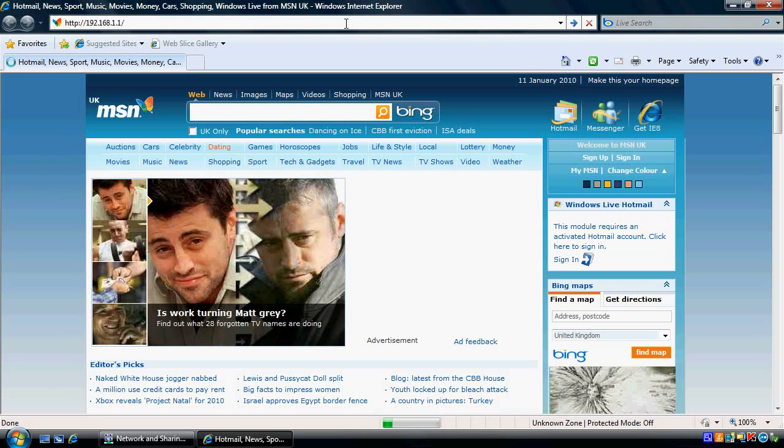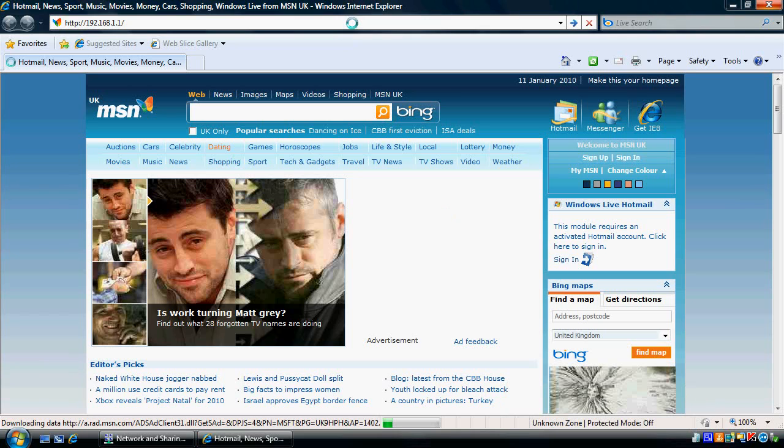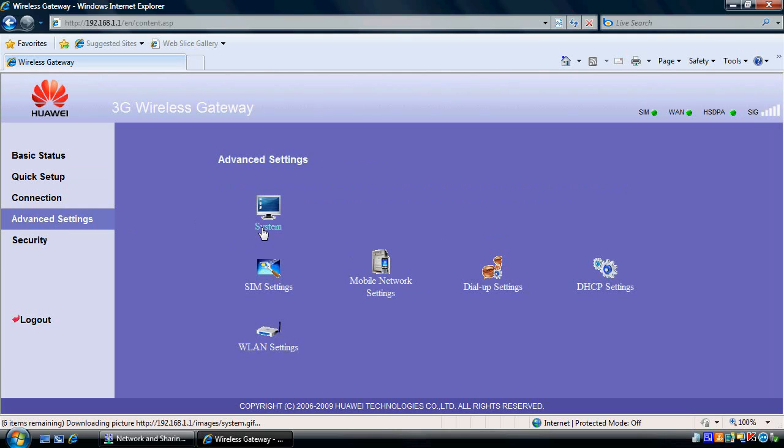192.168.1.1. I'll bring up the admin page. Go on Internet Explorer. Okay. My password is still admin. Okay, we're going to go to advanced settings, wireless LAN settings,